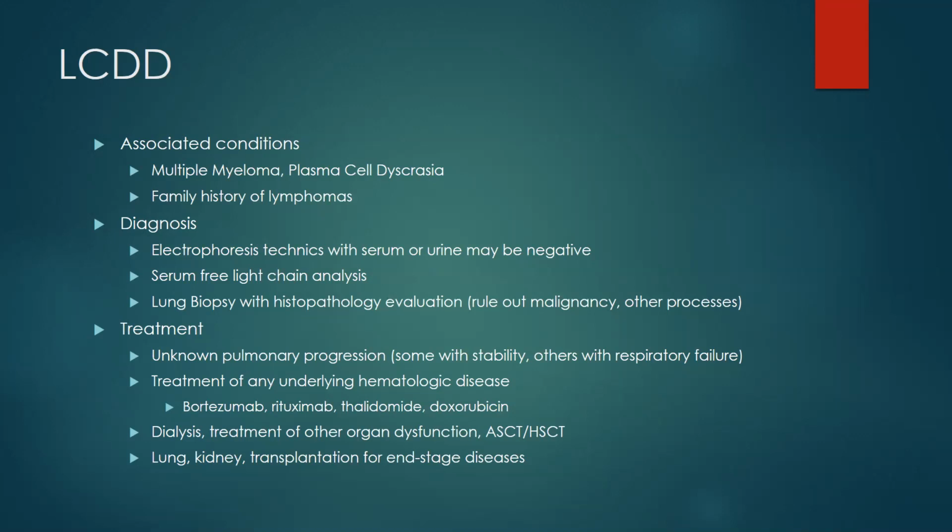And a lot of the times, if there's a biopsy of the lung, it's also to rule out a malignancy or other processes. In terms of treatment, pulmonary progression is unknown for those that have it. Treatment of underlying hematologic disorders is usually useful with bortezomib, rituximab, thalidomide, doxorubicin. For those who have renal involvement, dialysis eventually is usually needed, as well as treatment of other organ dysfunction such as